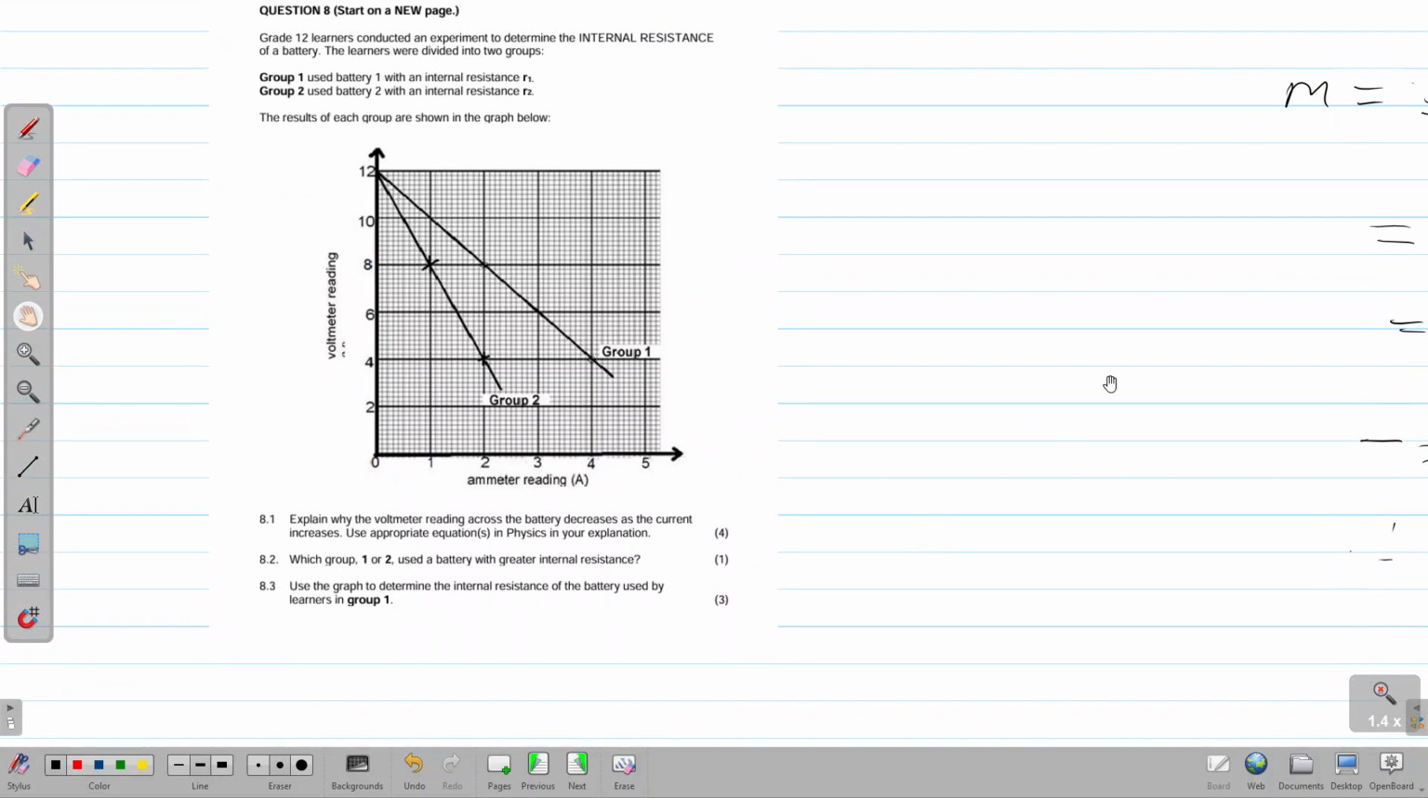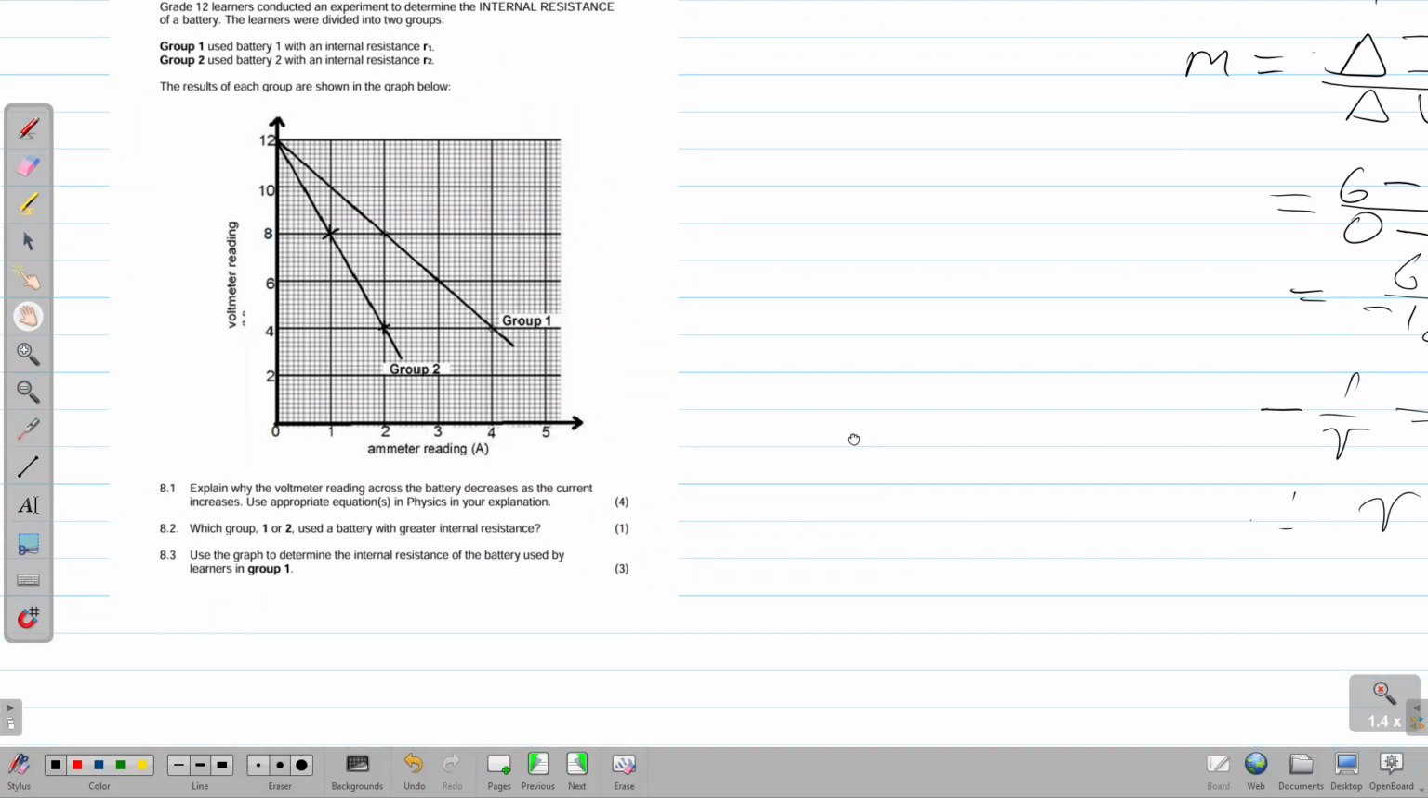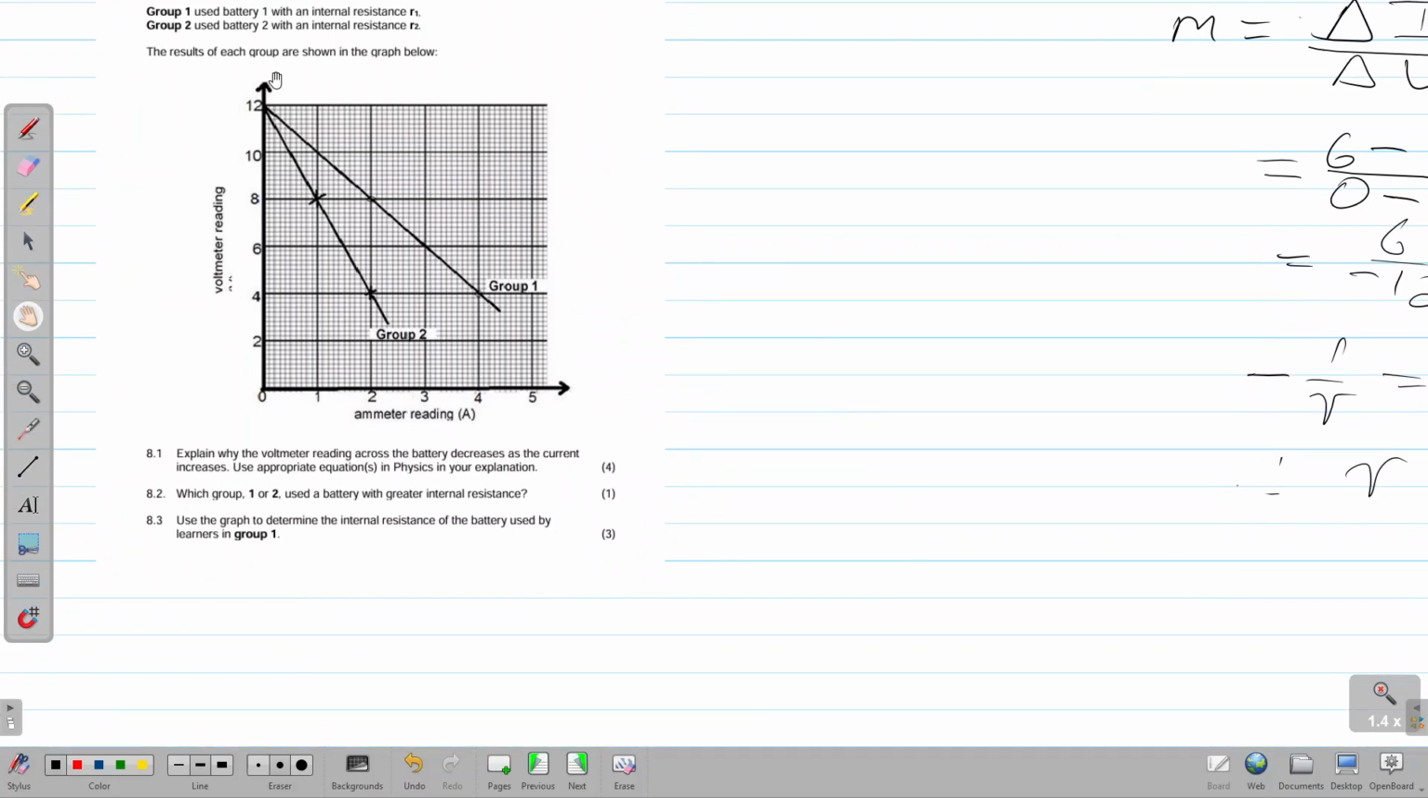Okay, let's look at this one. In this question, you have grade 12 learners conducting an experiment to determine the internal resistance of a battery. So you have two groups of learners. Group 1 used battery 1 with an internal resistance R1, and group 2 used battery 2 with an internal resistance R2, and these are the results. Okay, and again we're back to the familiar graph. So the voltmeter reading on the y-axis and the ammeter reading on the x-axis. And then in question 8.1, we